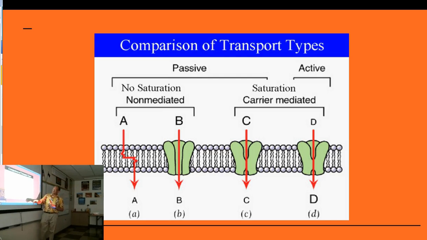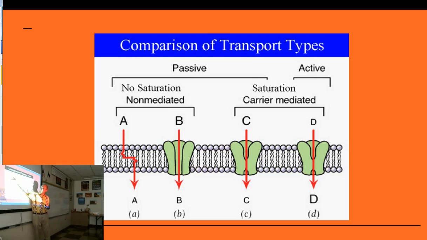Then there's facilitated transport, which they've got two different sorts of pictures here. This is college level. Don't worry about the two. If it takes a special doorway, a special carrier protein in the cell to allow the substance to go through, that's facilitated transport. Okay, and then if the cell has to spend energy to pump something across the cell membrane, that's active transport. The capital letters and lowercase letters are to represent concentration.